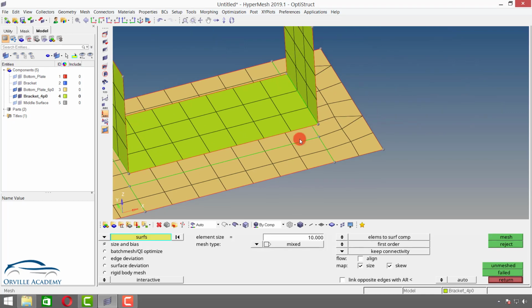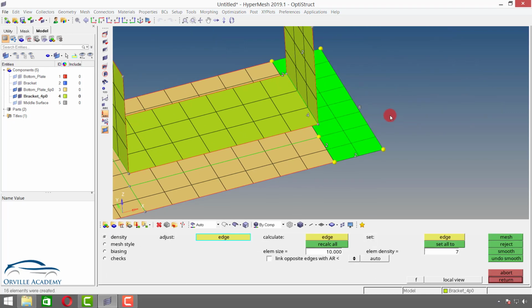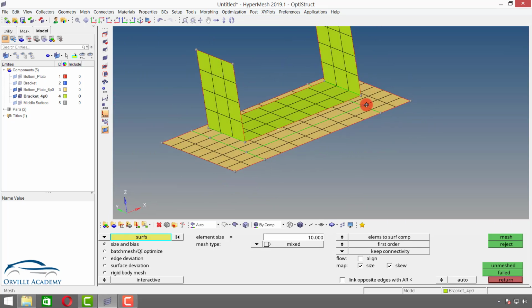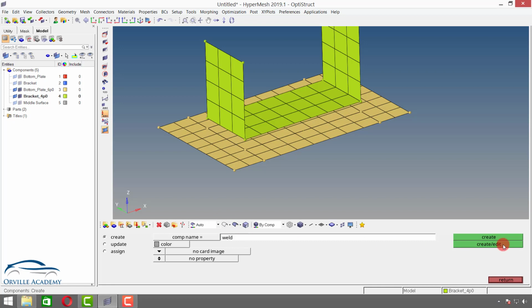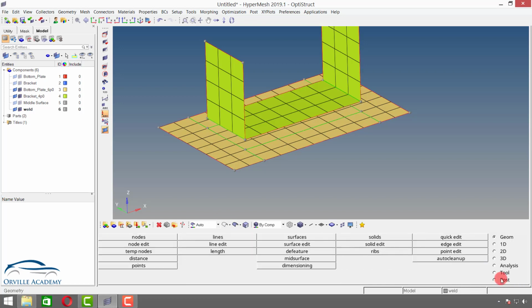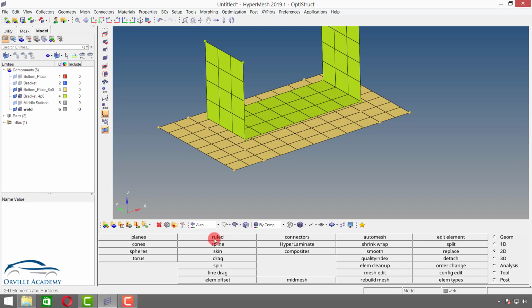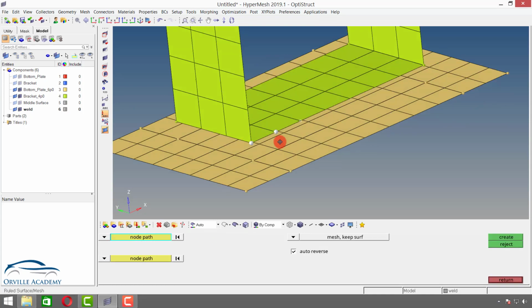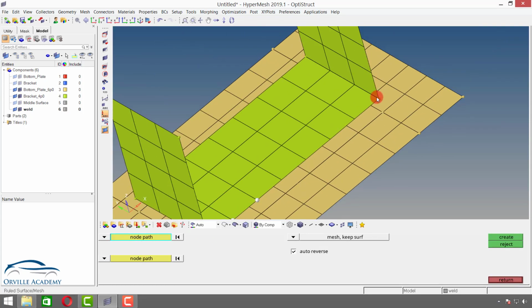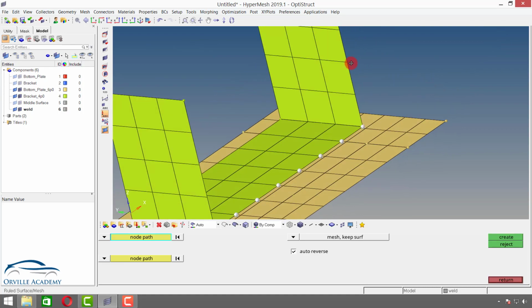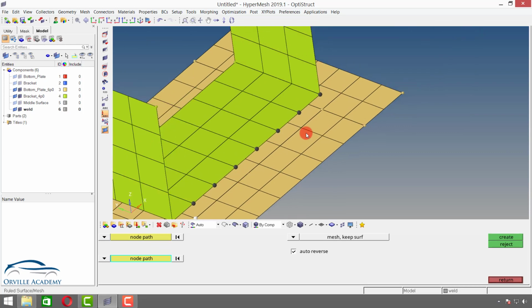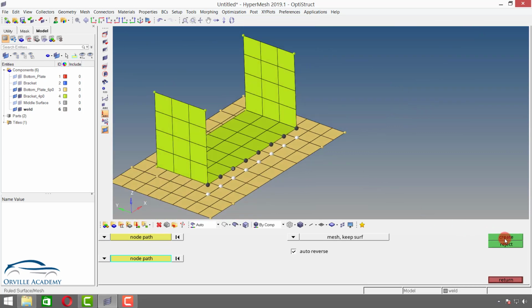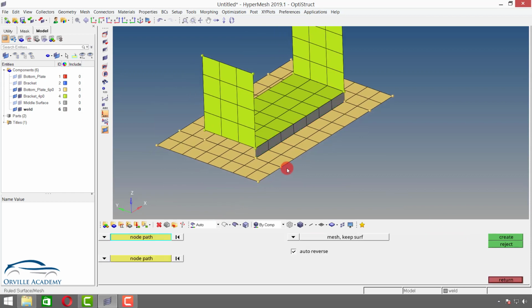Here I will increase the number by 2. Here also I will increase the number by 2. Now just for the sake of it, I am showing you the procedure on how to create a weld. So first I will create a weld collector. Let's say create and edit, and then I can simply go for 2D, say ruled, node path, and let me again select this one and let me select this one. Okay, now for the next node path let me select these nodes and these nodes, and here I can simply say create. Now you can see a weld has been created, and in such fashion only a weld is getting created.